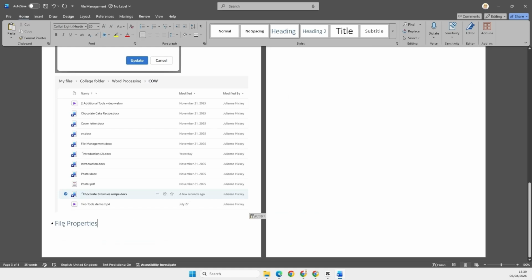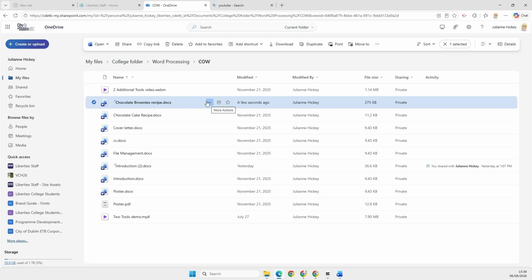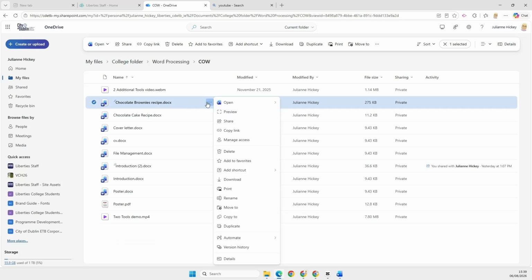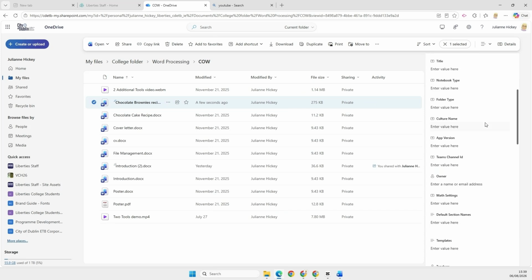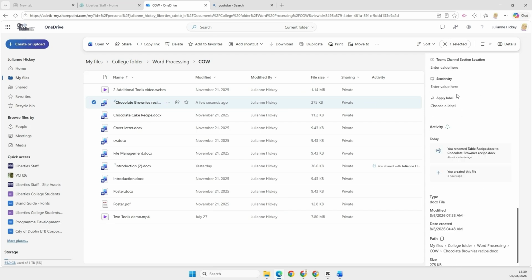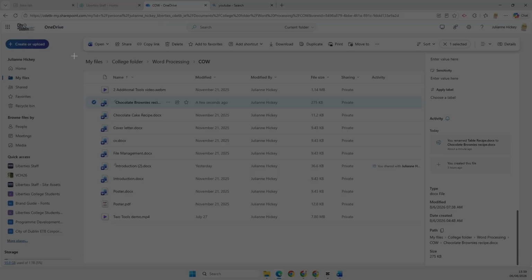Very last thing we're doing is file details or file properties. Oh no, sorry, it's the second last thing. So we're going to go back into our OneDrive. Again, go to that recipe, 3 dots, choose details down the very bottom. And then okay, it might need time to reload, and then you scroll to the very bottom, and this is the bit I want you to snip, where it says the type of file, modified, date created. That's all the metadata behind the file whenever you create one. So you're going to take a snip of that,